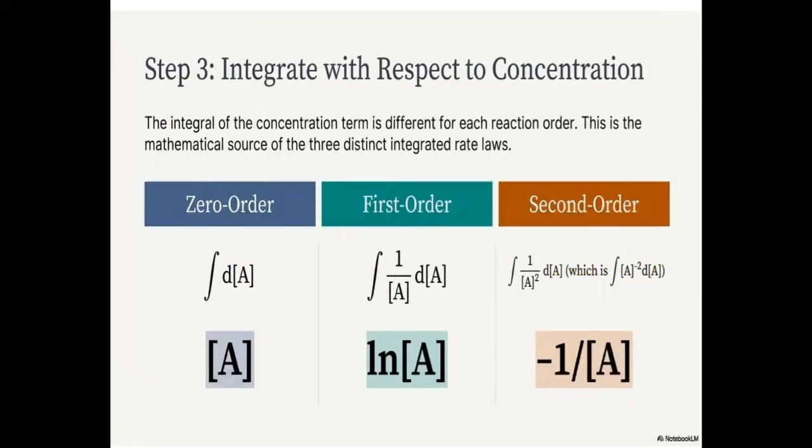Let's see what happens now. We can look at those derivatives and integrals for concentration for each one of those orders. For the zero order, it's just the concentration of the substance. For first order, it's going to be the natural log of the concentration, and for second order, it's going to be negative one over the concentration. Now, if you're not lost already,